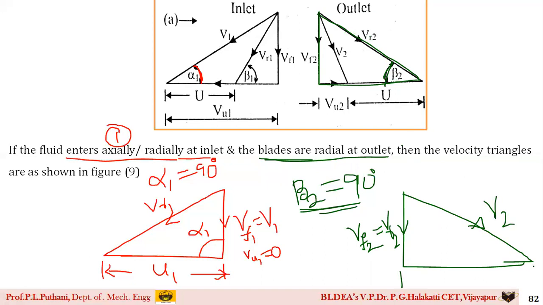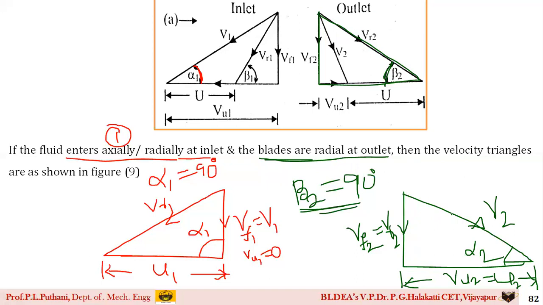Now, if you observe here, VF2 and V2 represent VU2 as well as U2. So in both cases, U2 and VU2 are equal to one another. This is angle alpha 2. These are the things you need to understand. Whatever cases we discussed individually in the previous slides, now he has combined here.